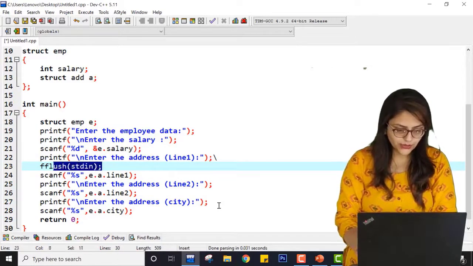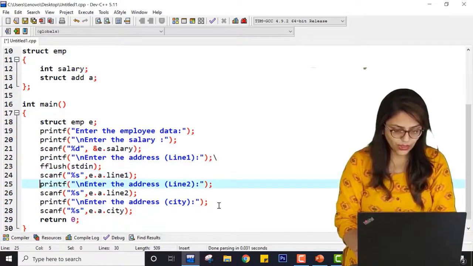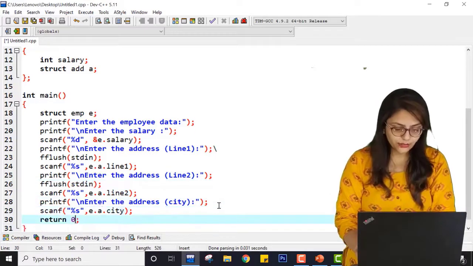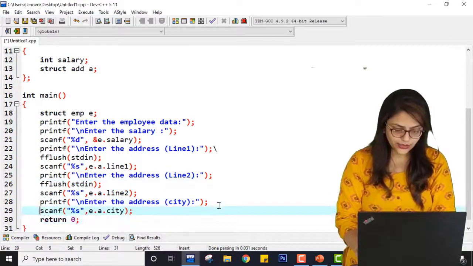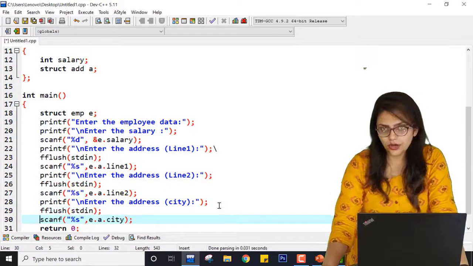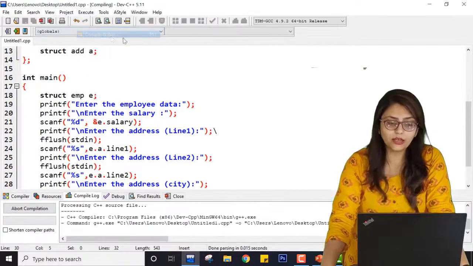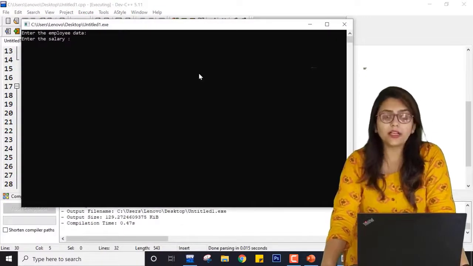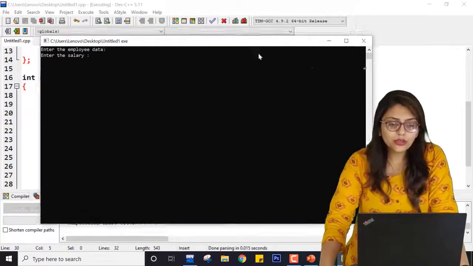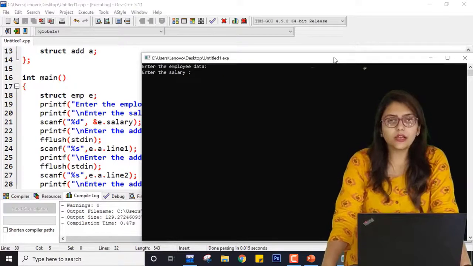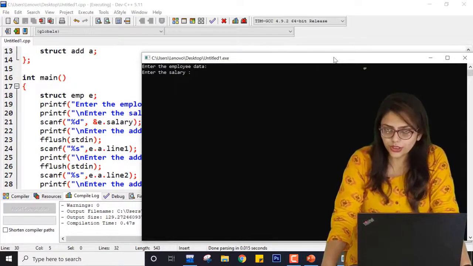So just copy this function and paste it before every scanf where you are using a string only, right? So it is not the case for integer or float, but when you are using a string, it may happen that you encounter this error. It may also happen that you do not encounter this error. That all depends on your hardware. But if you encounter this kind of error, then you have to use the fflush function, right?